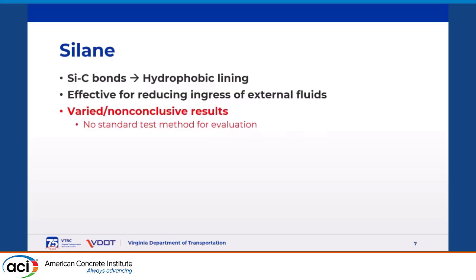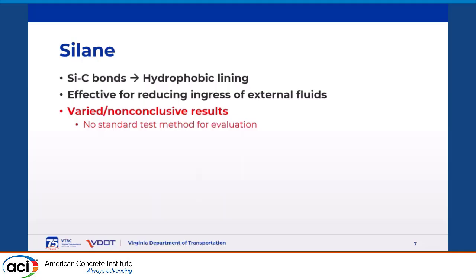One of the sealers that we typically use in bridge structures is silane. Silane chemically reacts with the cement paste to form a hydrophobic layer on top of the concrete, and as opposed to epoxy coatings, it doesn't create any visible coating. It's transparent, but it penetrates a few millimeters down into the concrete, and by repelling water, it has been shown to be an effective approach for reducing external fluid ingress into the concrete. However,